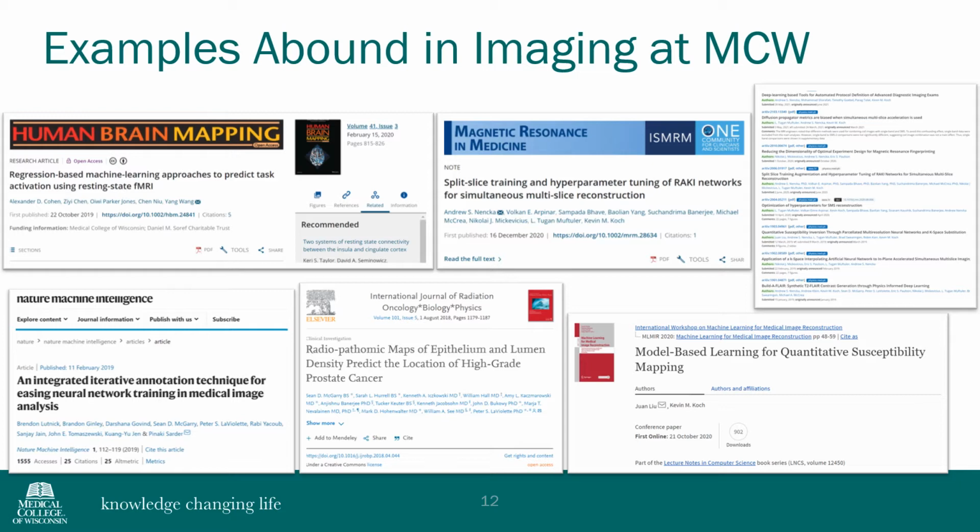Kevin Koch has been working in his lab to use deep learning to solve that crazy difficult inverse problem of quantitative susceptibility mapping with his former graduate student, now, Juan Liu, developing all sorts of neat neural networks to do that regression problem. In my lab, I've been using